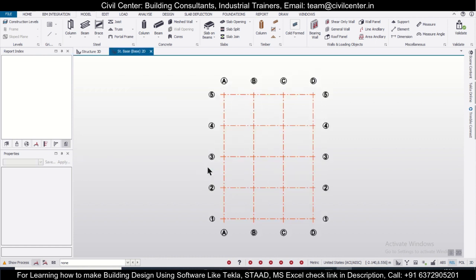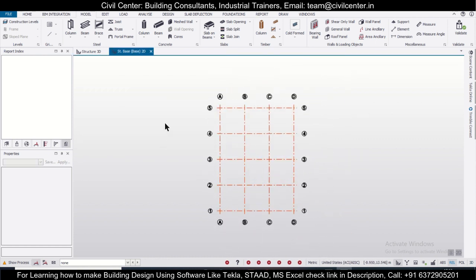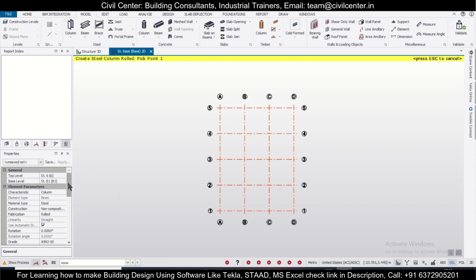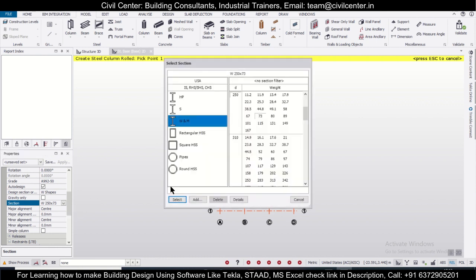So we have completed up to this much, and after that we'll choose our sections for our columns here. So for the column sections, we'll select the columns here, and from here we'll choose the section. Here let's go to new and edit, and we'll provide a section for our columns.